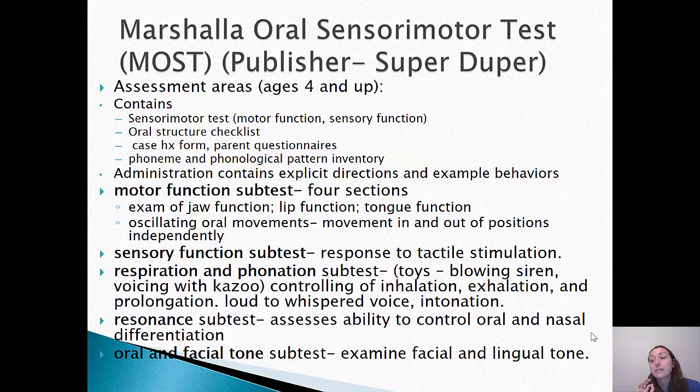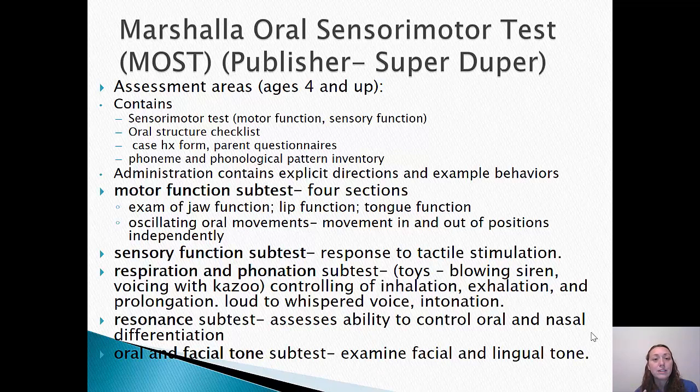So if you have a kiddo who you think has, we haven't even talked about it, childhood apraxia of speech and dysarthria, and has some real motor concerns, this is a really nice, pediatric-friendly, systematic way of looking at all of the structures of resonance, respiration, and phonation for dysarthria. So if you have a kiddo on your caseload who you think might have some of these concerns,